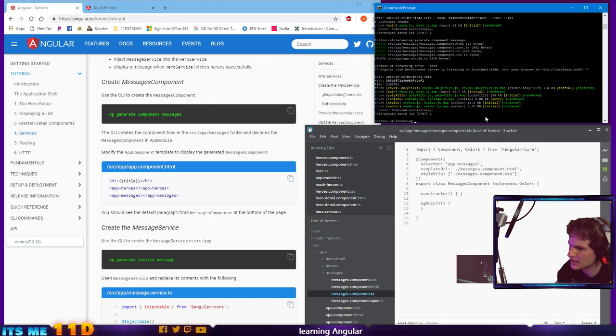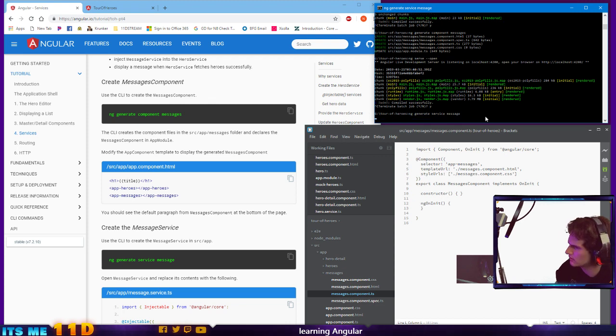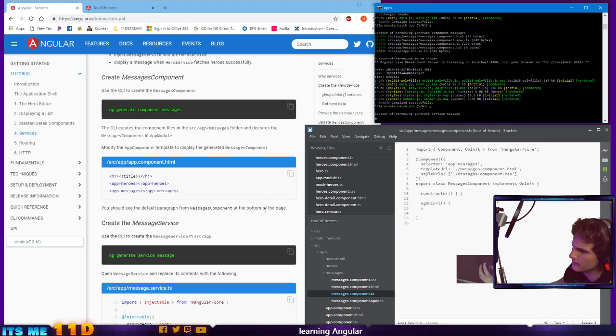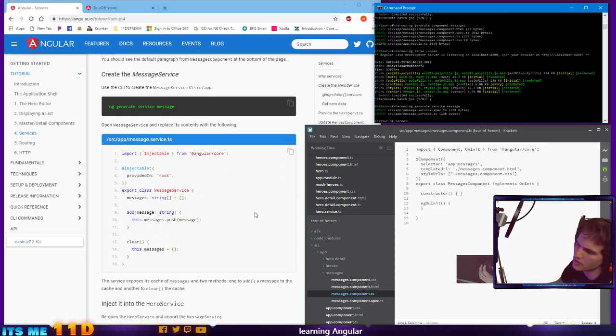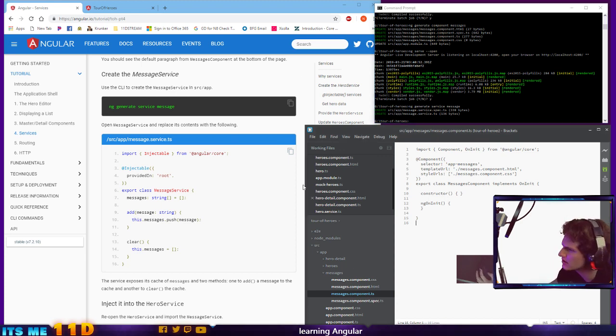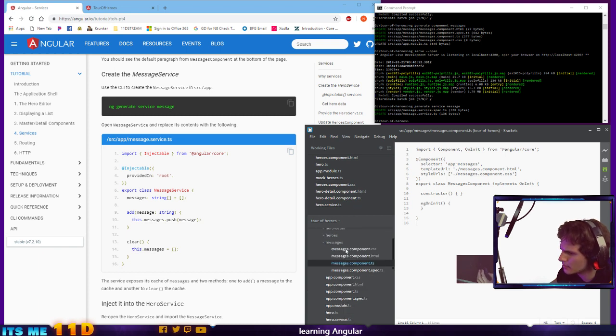So we're gonna say Angular generate a service called message. All right. So we did the message component, which is going to hold the actual messages, but now we're making the service, which is going to feed that component with the information it's going to display. That's how that works. So let's open it up here. We have